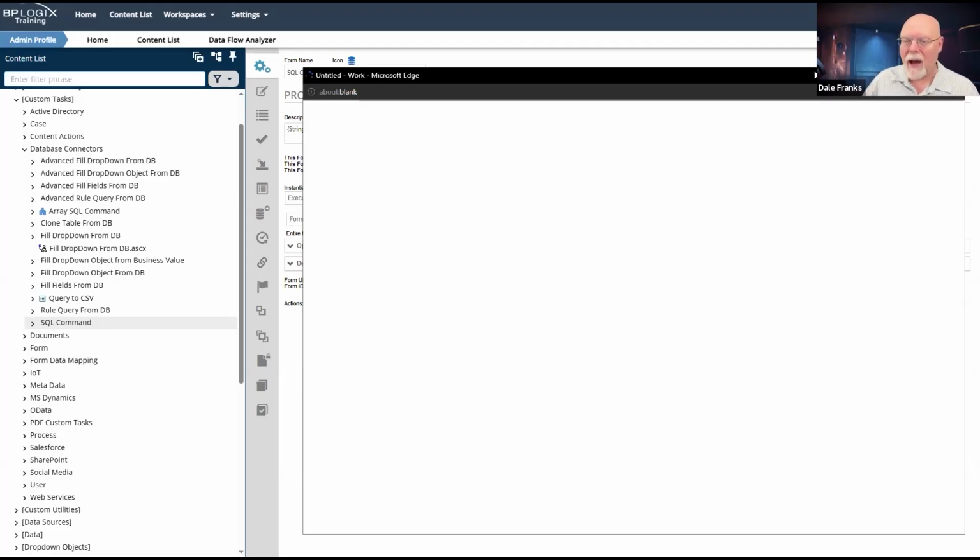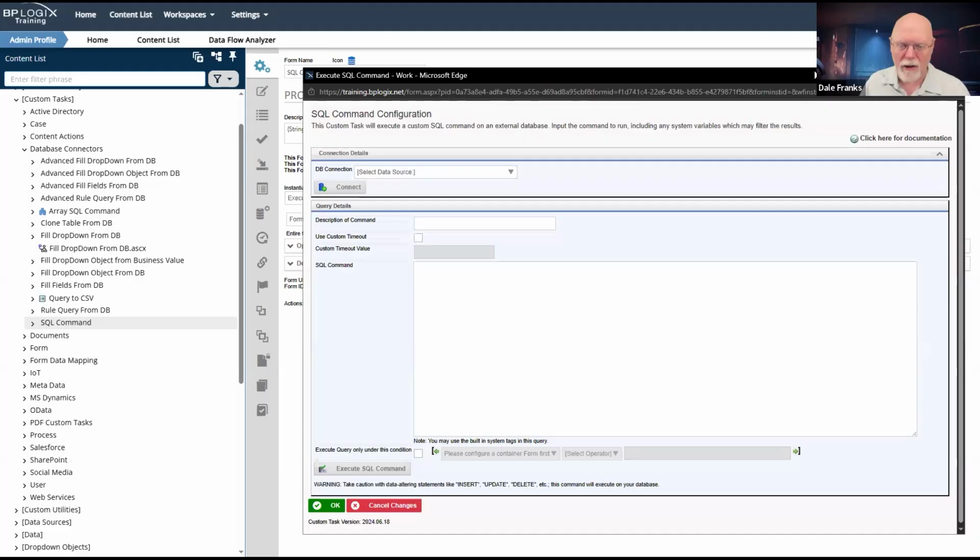We strongly recommend that anytime that you want to run an insert, update, or delete statement in an external database, and I would really love to have this form actually compile and display so that we could actually see it, anytime you want to do one of those operations on a database, you do need to use the SQL command custom task.